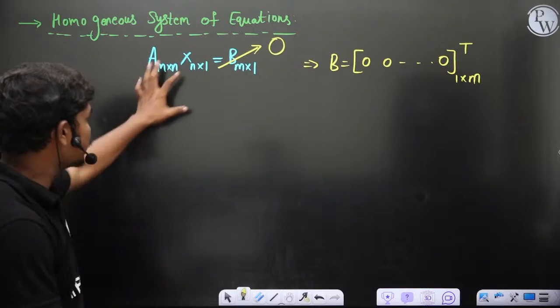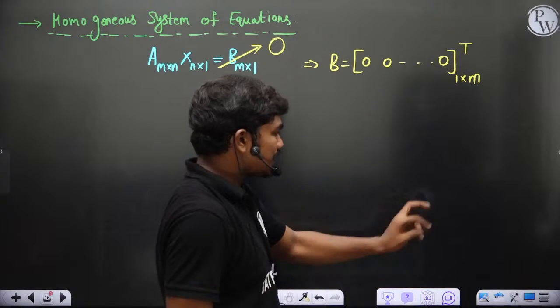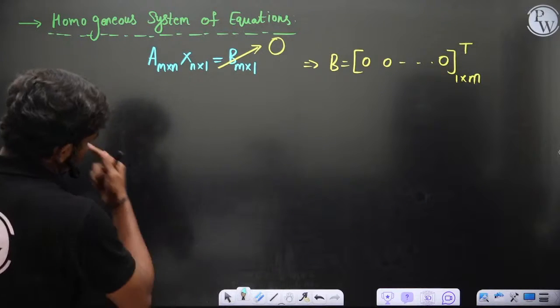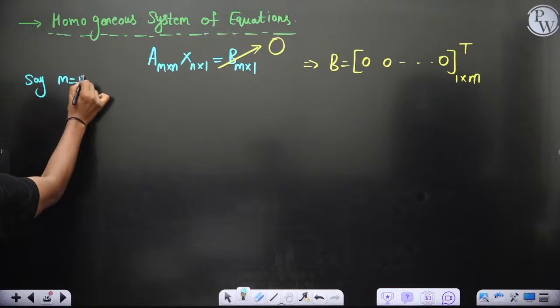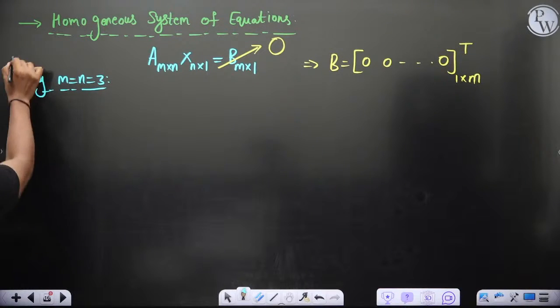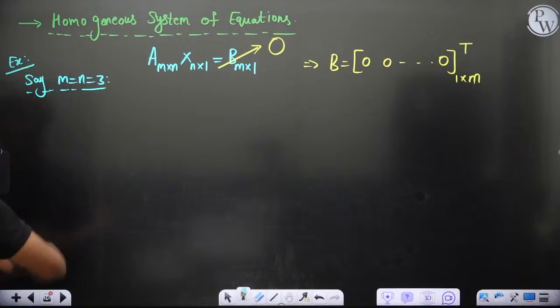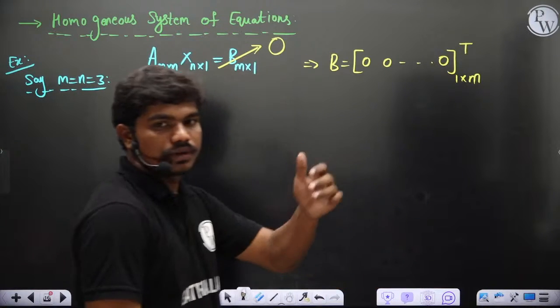Then ultimately this becomes a homogeneous system. Now let me tell you one thing, I'll explain it with the case of a 3 by 3, you'll understand. Say m equal to n equal to 3, for example, because I just want to show you one important thing. Now if you look at the system, it turns out something like this,